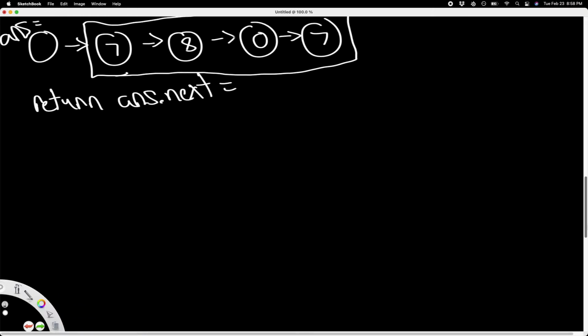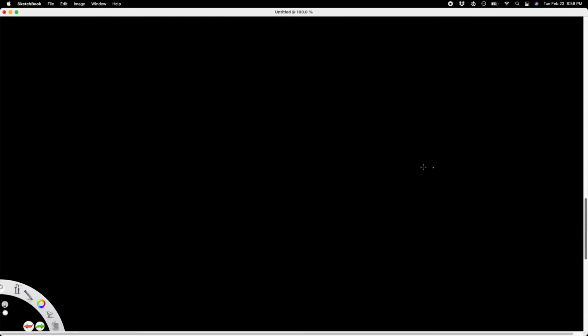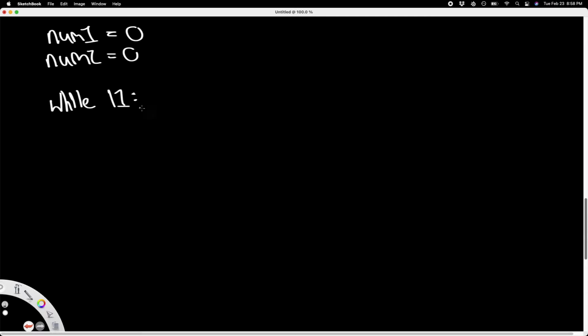So how would this code look? Well, let's write it out. Let's say we have two variables. We have num1, which is equal to 0, and then num2, which is equal to 0. First, we want to iterate over the first linked list. So, while the first linked list is not null,